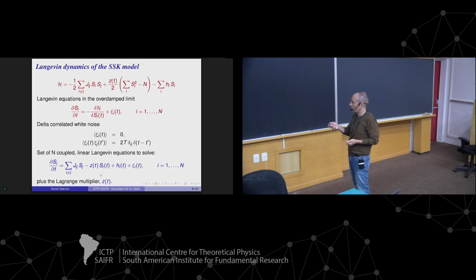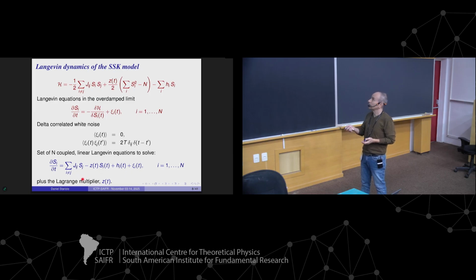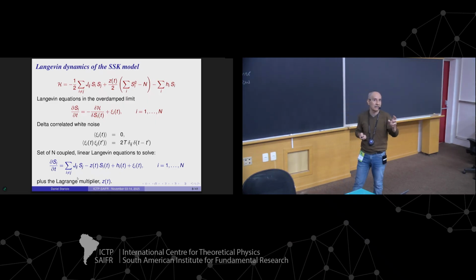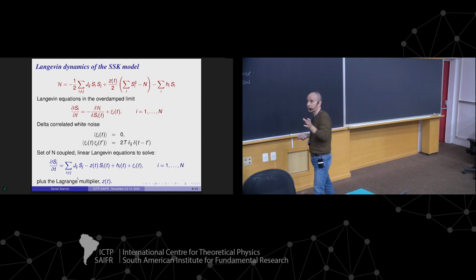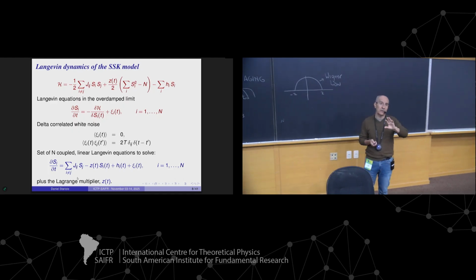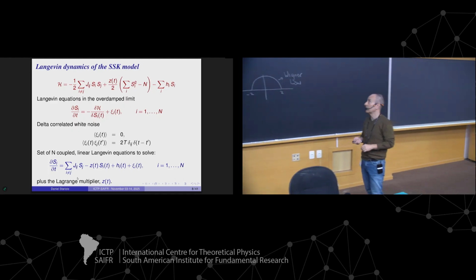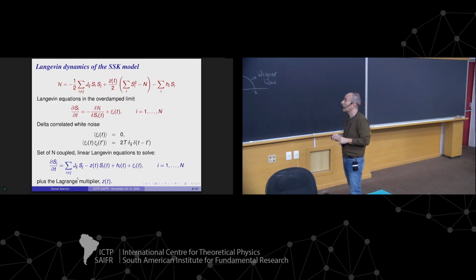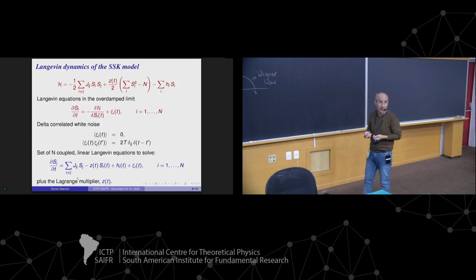So we have to solve this equation, but as it is a system of coupled linear equations, like harmonic oscillators, the way to solve it is to decouple the equations through an orthogonal transformation. Because the Jij matrix is symmetric, there is an orthogonal transformation from which we can change the basis from the original basis of the spins to the basis of the eigenvectors of the matrix. In that basis, the system will be decoupled, and we will be